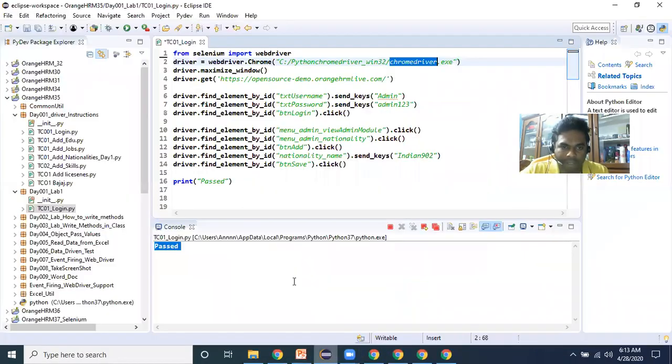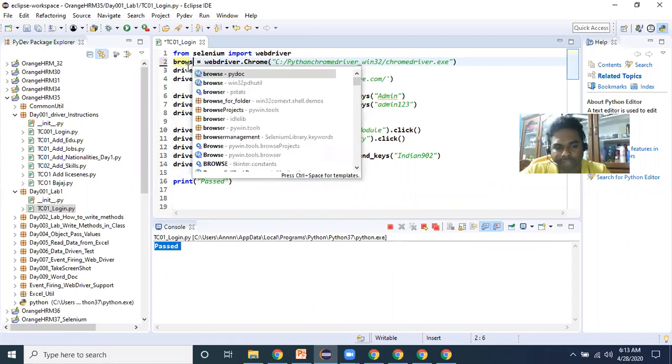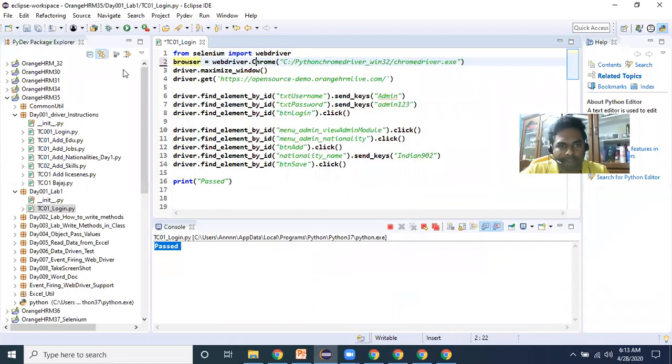If you want to create an object as driver, you can create it. And if you want to give a different name also, you can give it, but you have to follow the same name. So here I'm changing my driver name to browser. I can write like this as well.